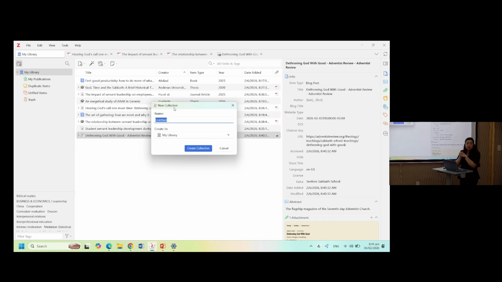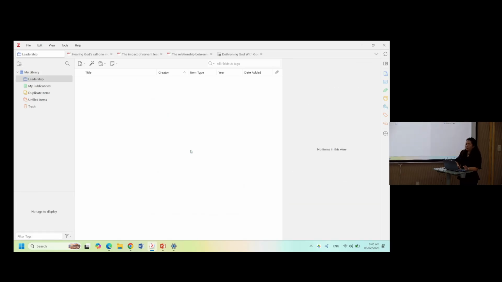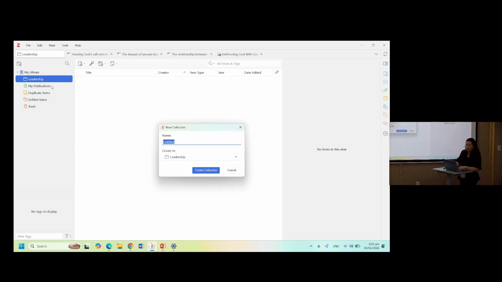You can use this in many ways. You can create a folder for a specific class, or you can make this your outline folder based on your project, say on leadership, or chapter 1, chapter 2 for your literature review. For now, I'm going to put here leadership. Then you can add sub collections or subfolders. Right click on the current folder and choose new sub collection, say on servant leadership.